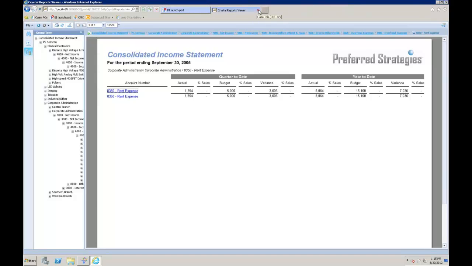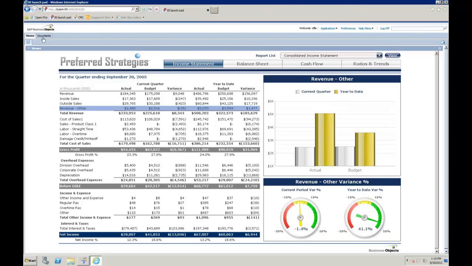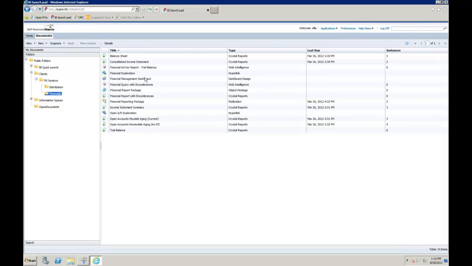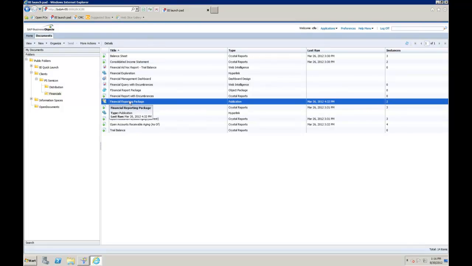So that was, again, just logging in, looking at a dashboard, and drilling from the dashboard to a report. If I go back here, there's going to be other content out in the system. For instance, under this company sample data, we put out some financials. Maybe there's a balance sheet that I want to view on the fly. I'm actually going to open this financial reporting package, and the reason is that a lot of companies,